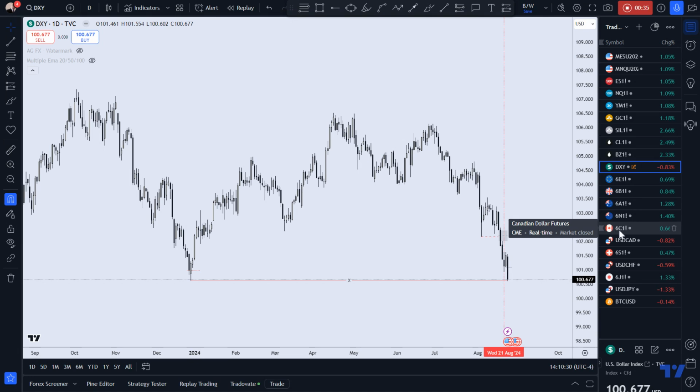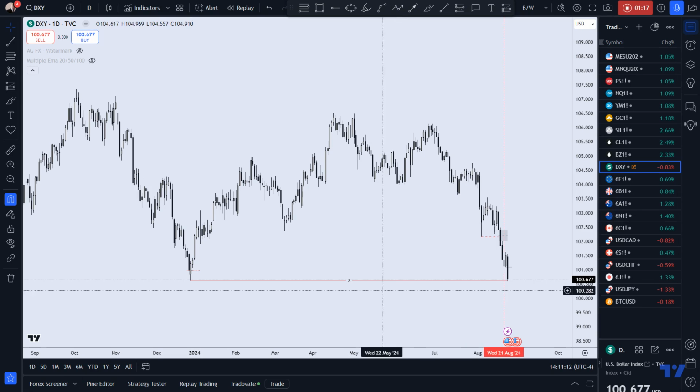Things change here. The CAD in the futures, when it's traded on the spot, is traded against the US dollar. So it's CAD USD, not USD CAD. So when I go over the CAD analysis, just remember to think in terms of the mirror image, the opposite. If I'm talking bullish with the CAD, think bearish on USD CAD. You understand?